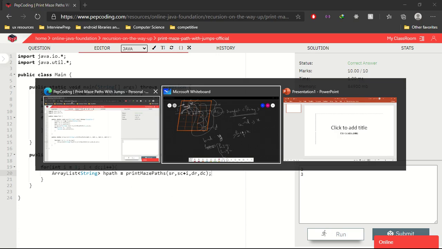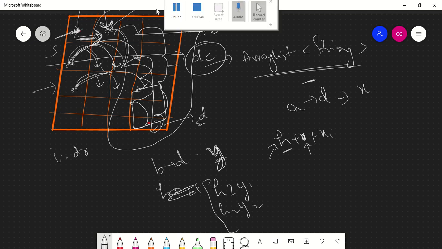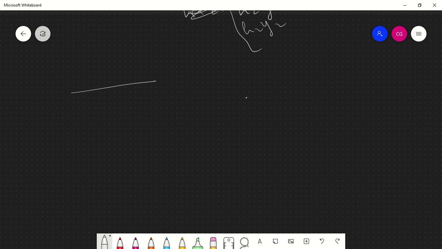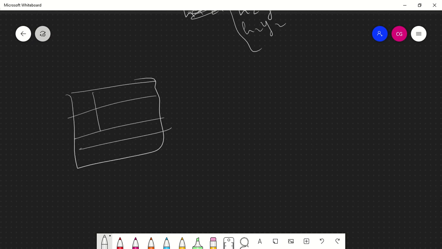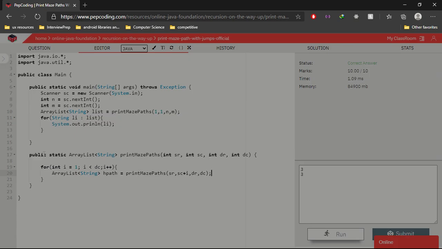What this loop is doing is, for every sr, we will be moving one step or two steps, or at max i steps, where i is up to dc, and from there we call the recursive function. We'll draw one more square for easy understanding. So what we are doing at this particular step is, we'll cut this and take that.